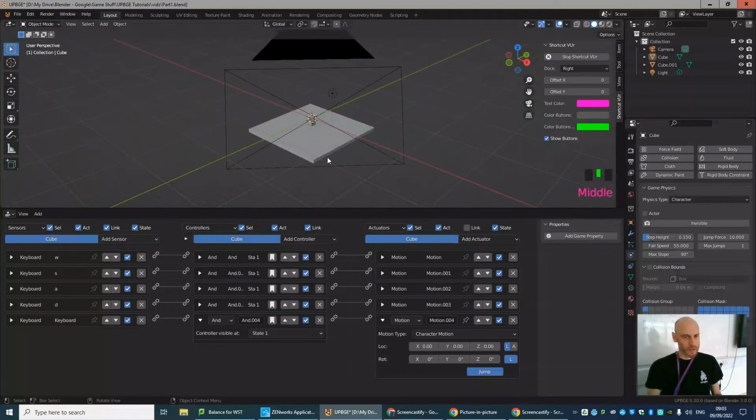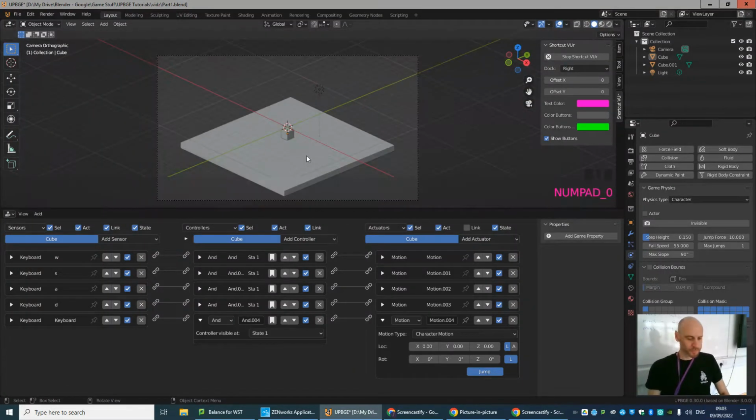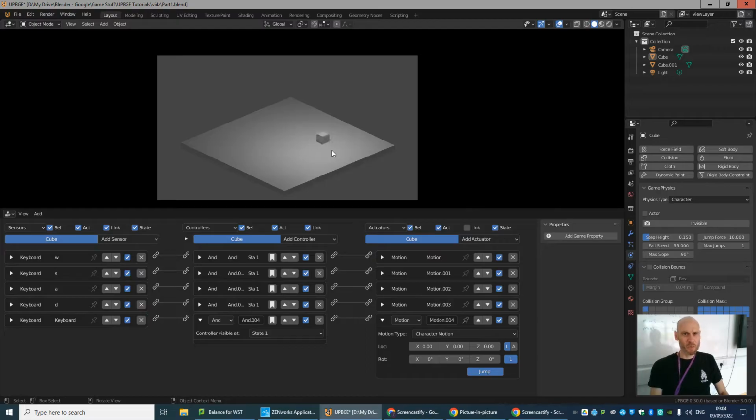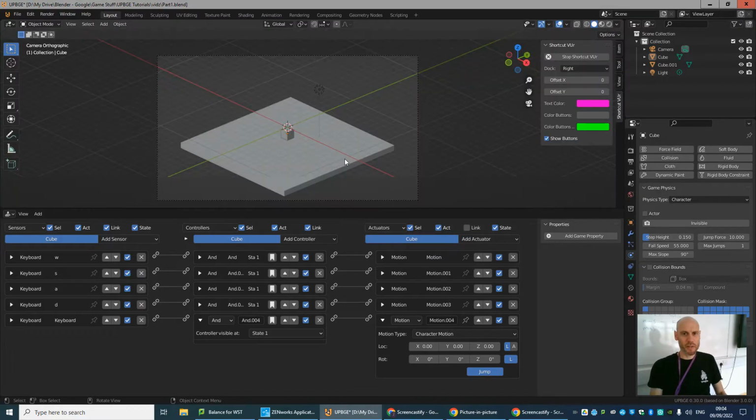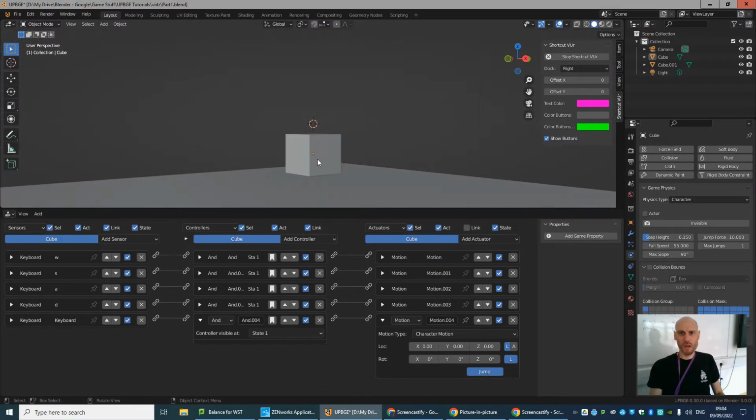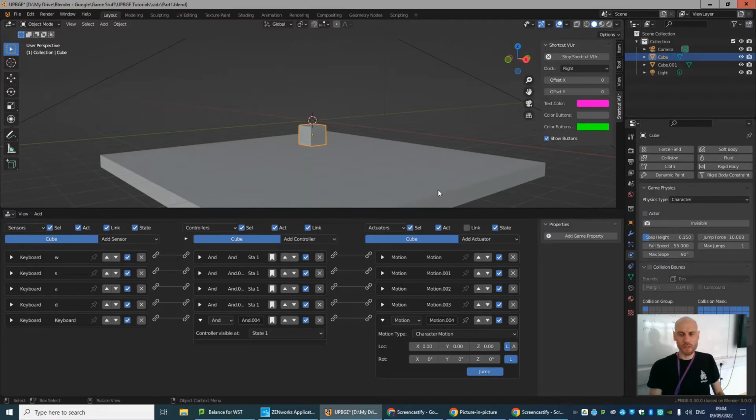All right, so we've got our very basic ground and character moving about on that ground. I think we should spend just a minute or two adding some color, adding some materials. So I'm just going to give my cube a material. So over here in the materials tab,